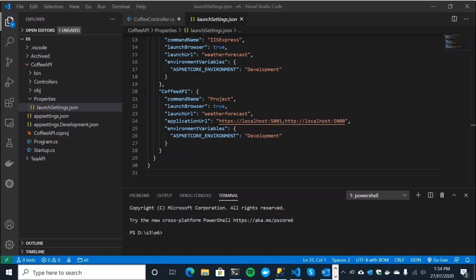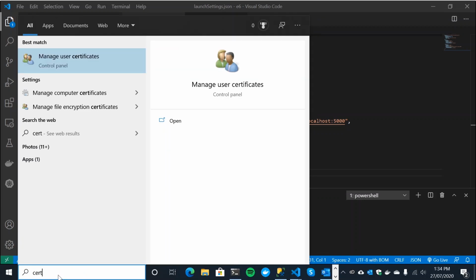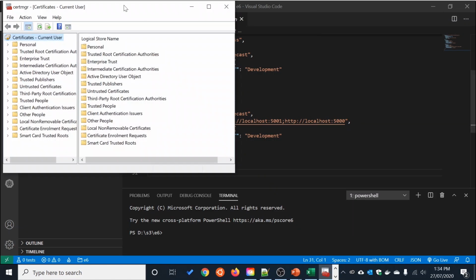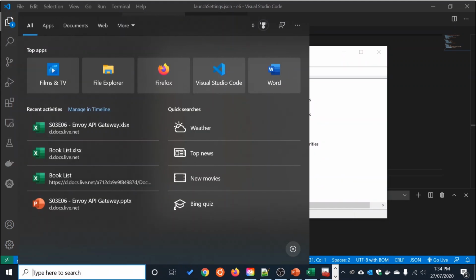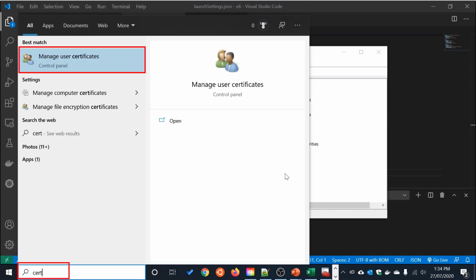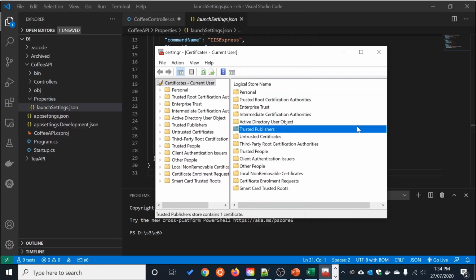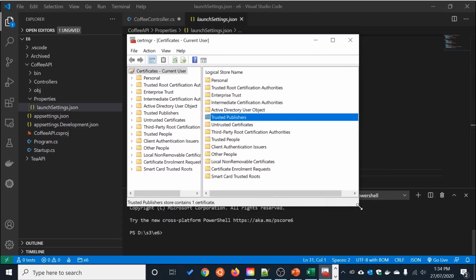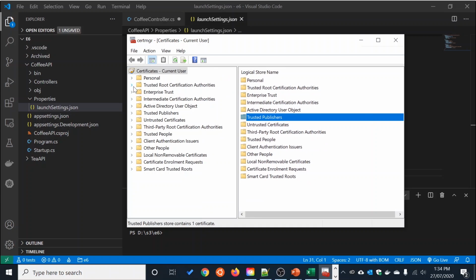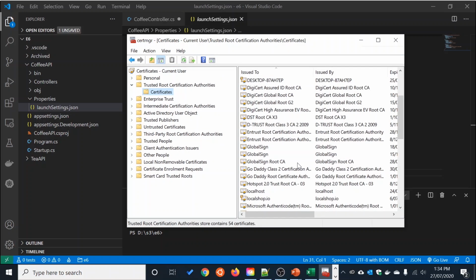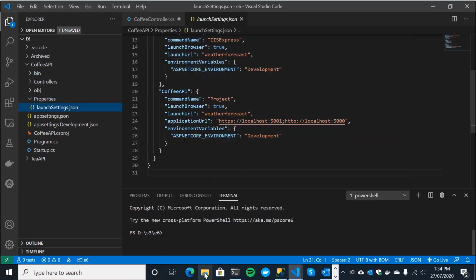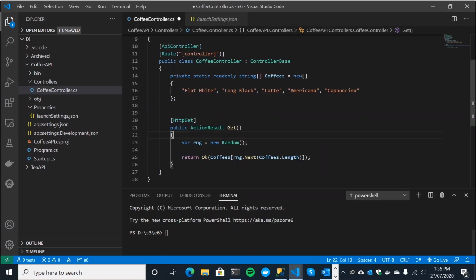I'll just double check that we have our certificate: I'm going into user certificates, so Run, search, cert, open up Manage User Certificates. And if we come over here, I just want to double check that we have our self-signed localhost certificate for a development environment, and we do. So let's save this off, very importantly, and we'll do a dotnet run just to test it out.